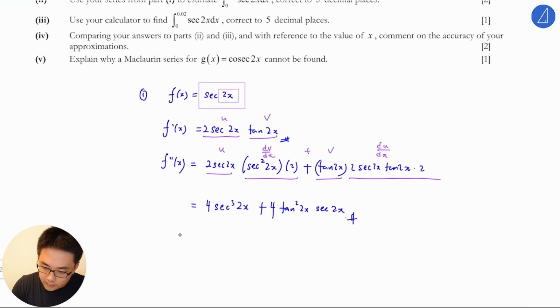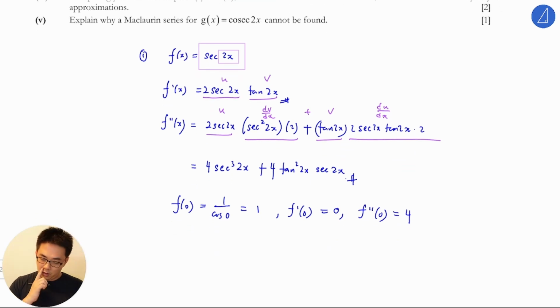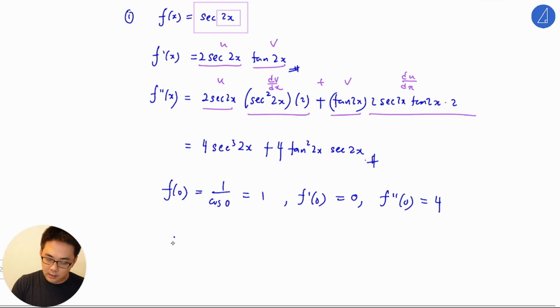So f(0) is 1 over cosine 0, which is 1. f prime 0, key in calculator, should be 0. f prime prime 0 will be 4. 1, yeah. So hence f(x)